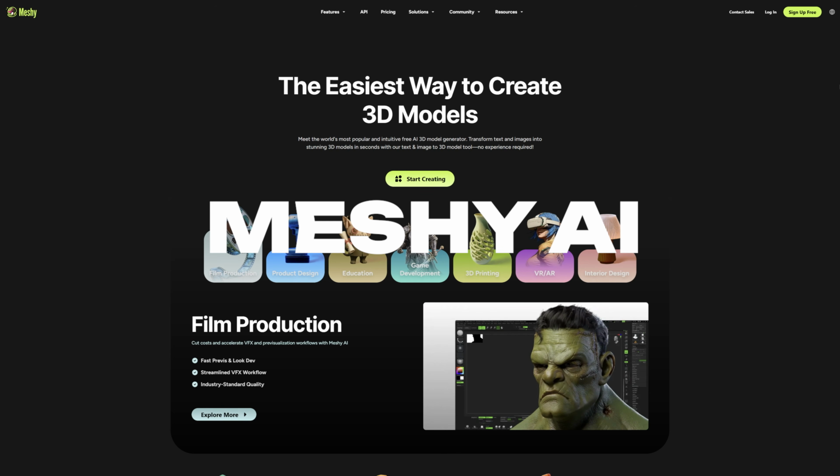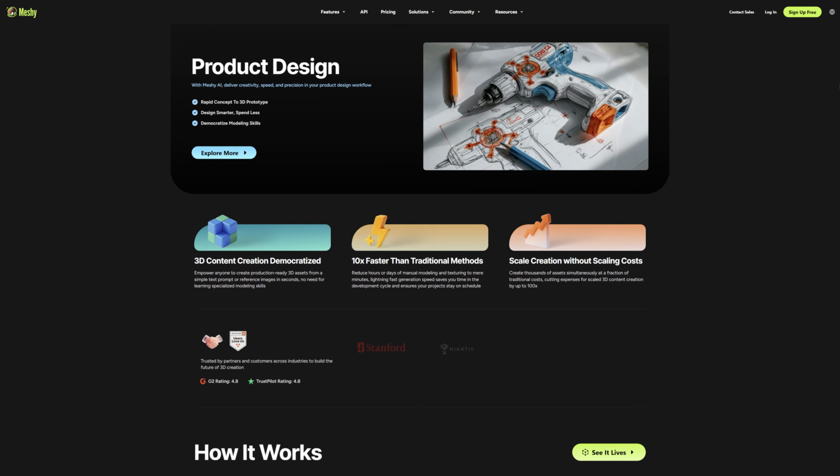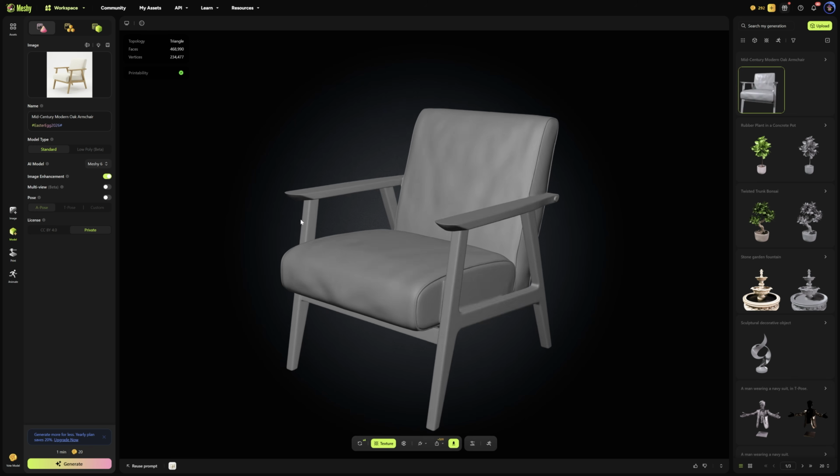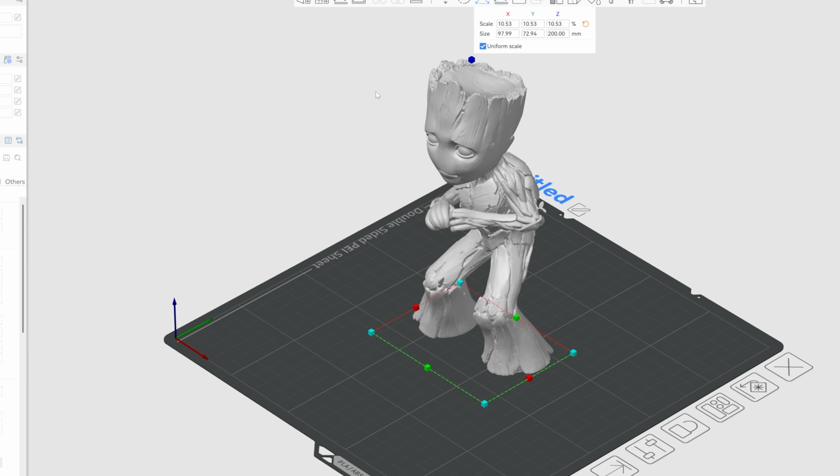What's up guys, Nuno here. Today I'm diving into Meshy AI version 6, a tool designed to create 3D models faster. You will see how it works, whether its features live up to the hype, and why these tools are becoming